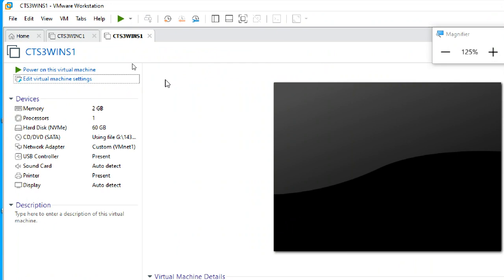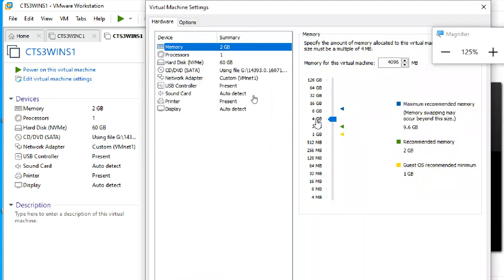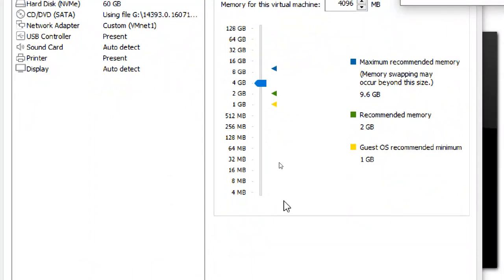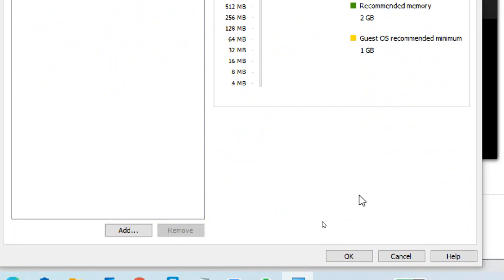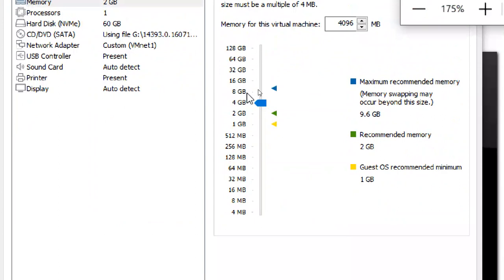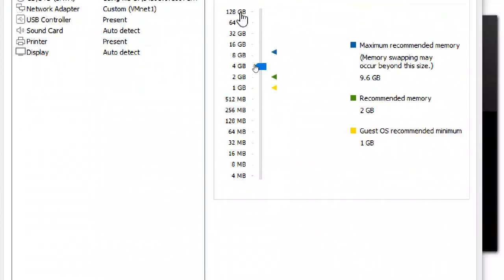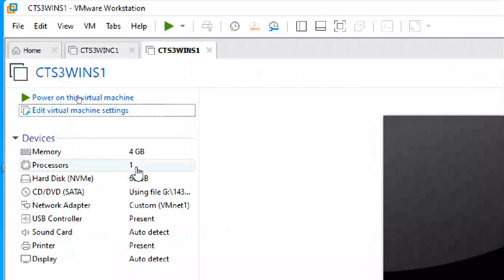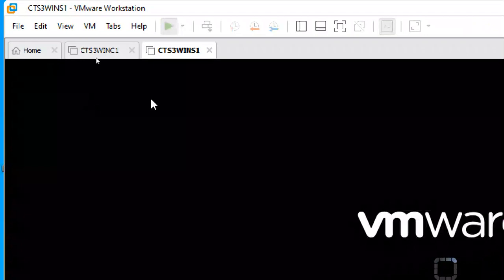Before I start the virtual machine, these settings are completed. Now installation is there, right? To make it faster, I'm putting 4 GB. You don't need to put 4 GB. You have to continue with 2 GB only. Don't put 4 GB. You have to check your RAM. Changing the RAM depends upon the availability of RAM. I have 12 GB RAM, and at least 6 GB free RAM is there, so I can select 4 GB currently for installation. Later I will change it. Okay, 4 GB RAM for the virtual machine.